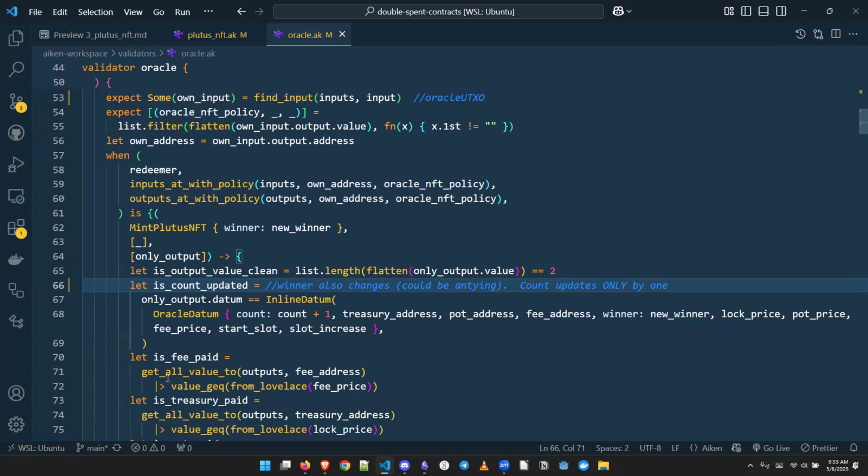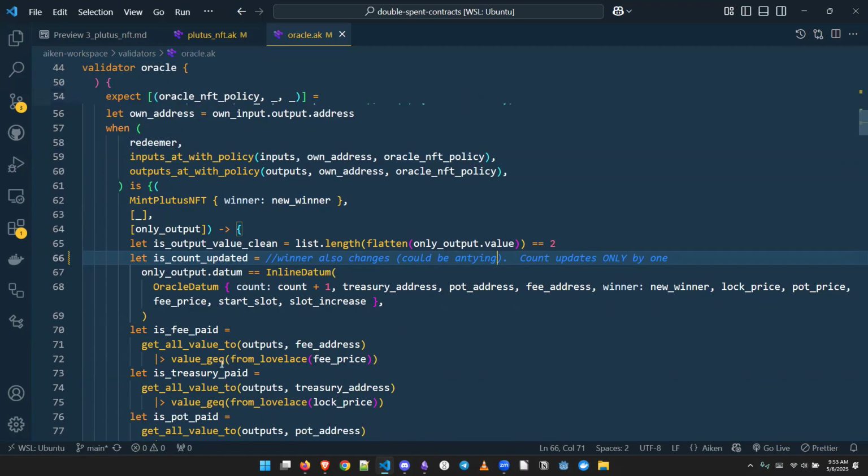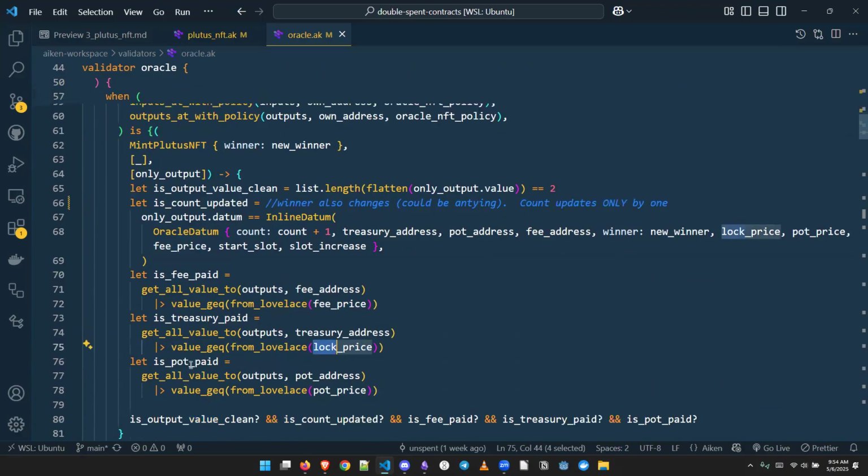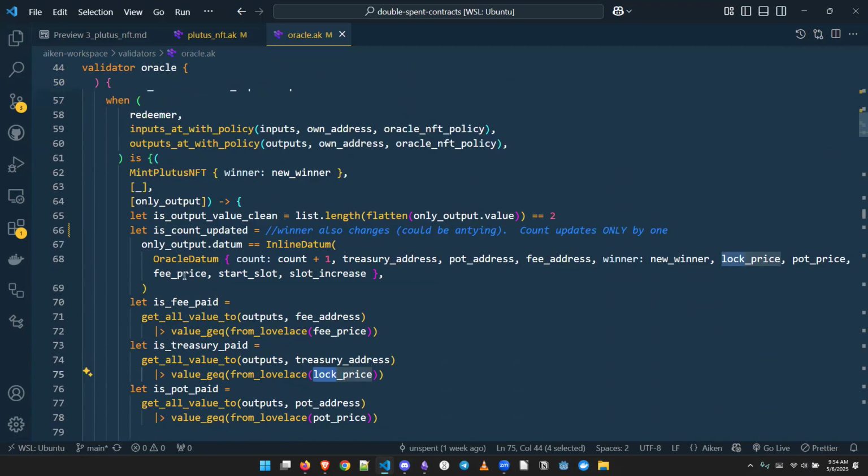And then the fee: get all the values and check the value is greater than or equal. Ah, nice, thank you. I love this fee. So the fee price, where's that coming from? The Oracle datum. The treasury paid, the pot paid. Okay, so this is a common pattern. It's checking to make sure that when we mint,